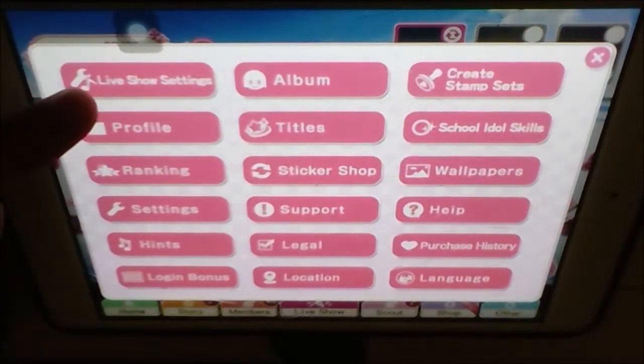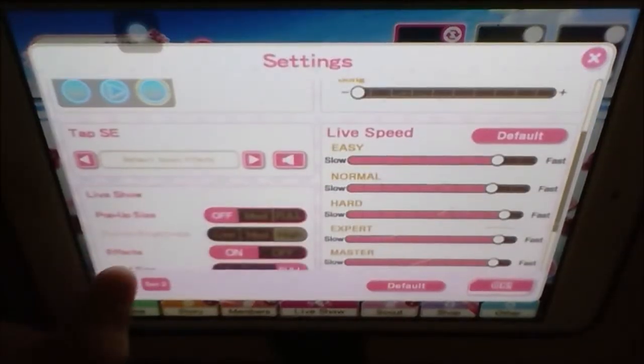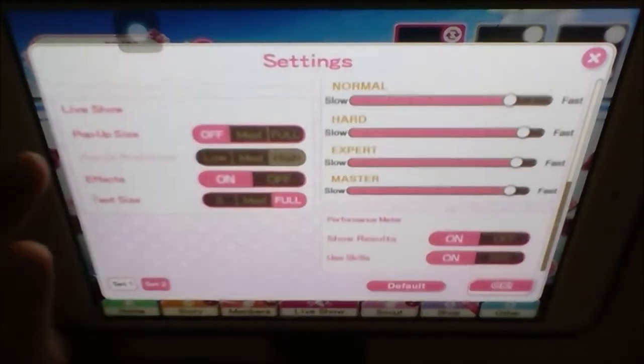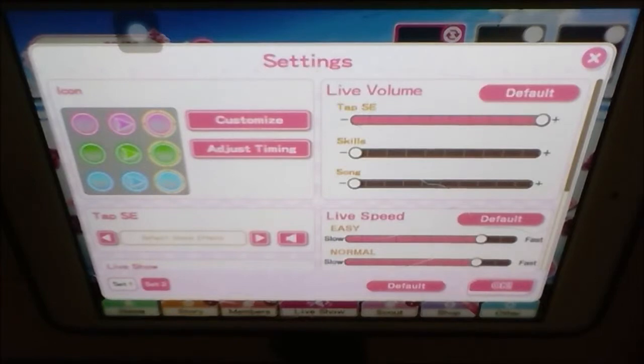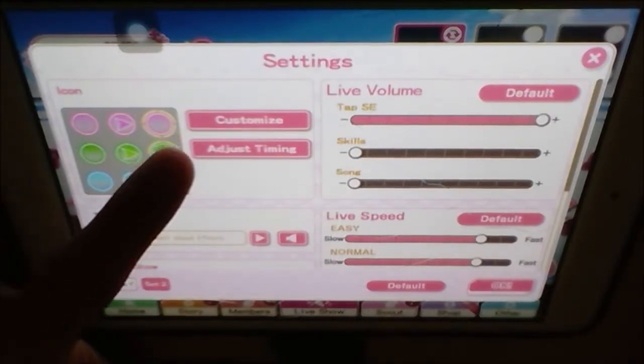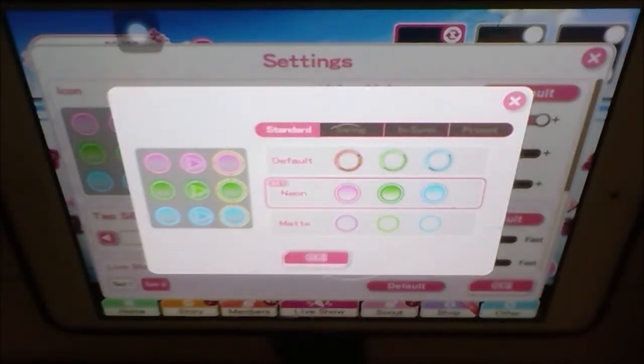In the other section, there's a live show setting, and it was more advanced. I noticed it was updated last year. I haven't brought this up for a long time, but if you guys really want to know what skin I play in Love Live School Idol Festival, you can click on the icon which is customize. I'm using a neon skin